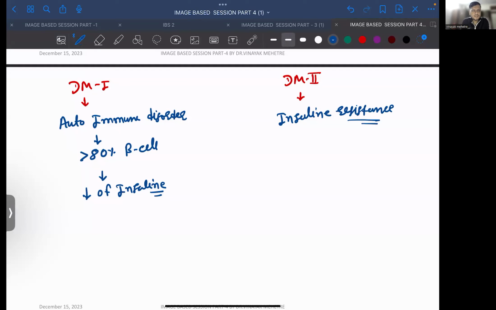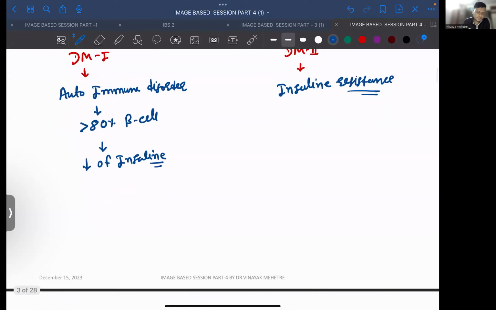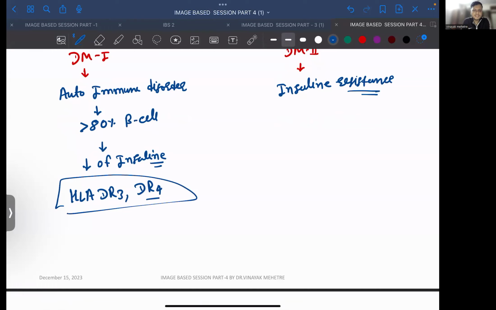The questions which can come: which gene is associated with diabetes 1? It is HLA DR3 and DR4. Okay. HLA, yes. DR3 and DR4, correct. Okay. Now,